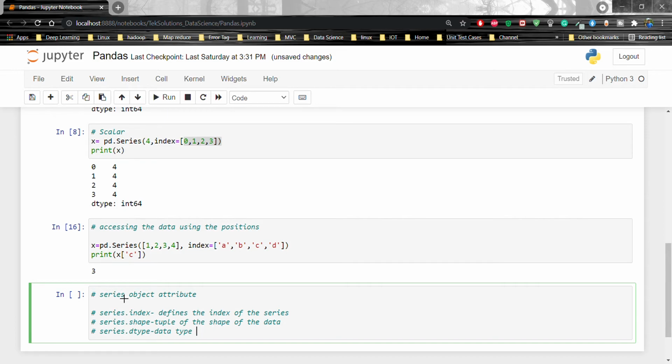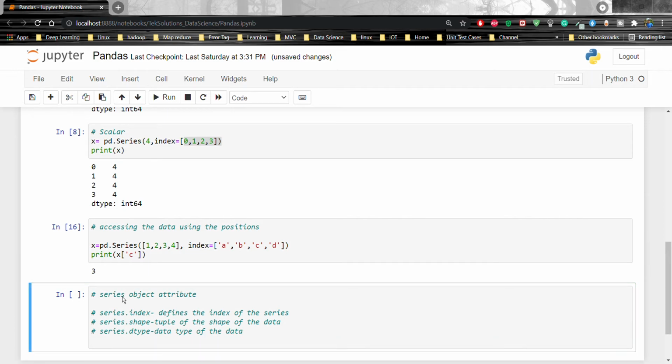Series size, that is also important. Series.size. What will it do? It will return the size of the data. Empty. Series.empty. What will it do? It will return true if the series object is empty, otherwise it returns false.